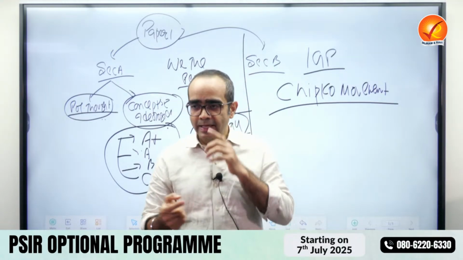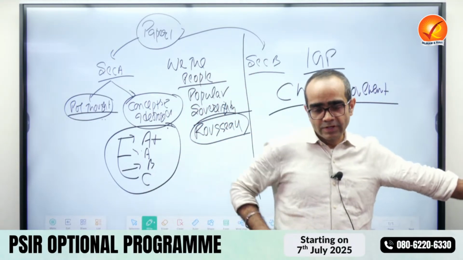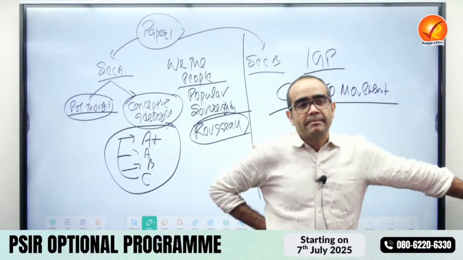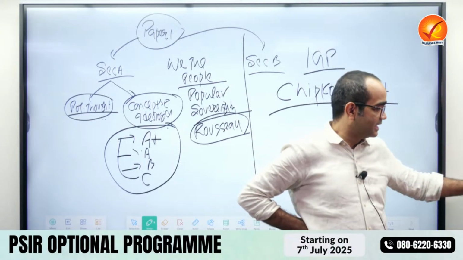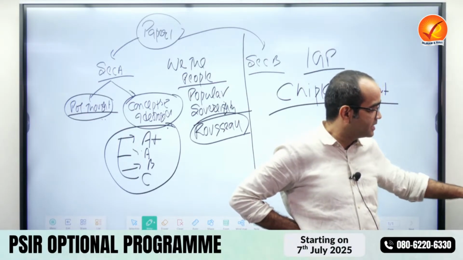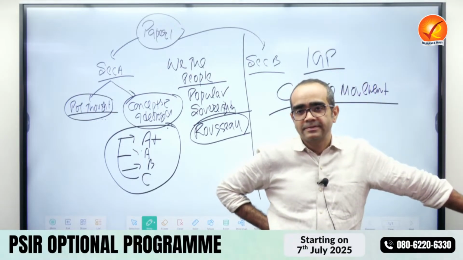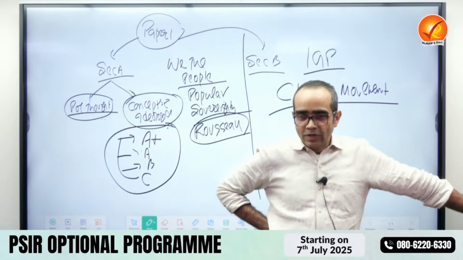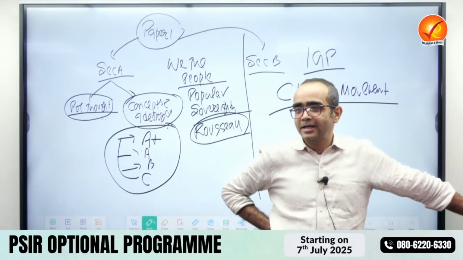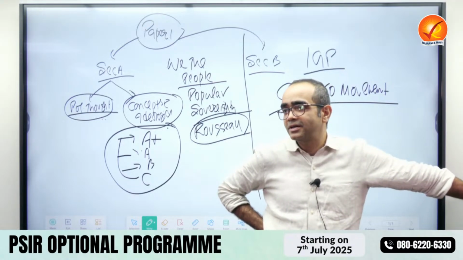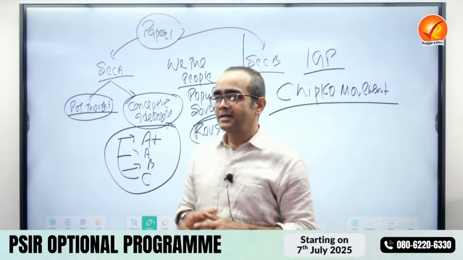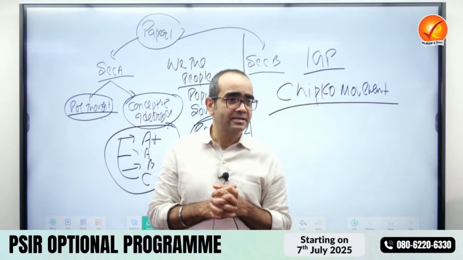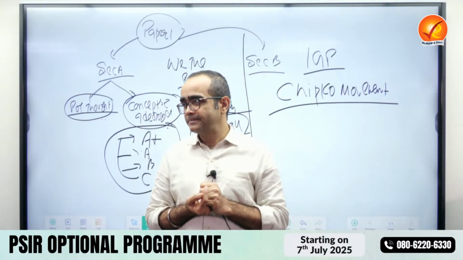Another example I will give you. Come to page number 6. What is the second topic? Paper 1, section 8, topic number 2. What is that topic? Theories of state. And come to page number 9. What is the second topic? It is state in comparative perspective. So what I will be teaching you is theories which will be helping you when Iqbal sir teaches you state in comparative perspective. So point is that if you identify the common topics, your syllabus becomes more concise. And this is how you should prepare in a strategic manner.